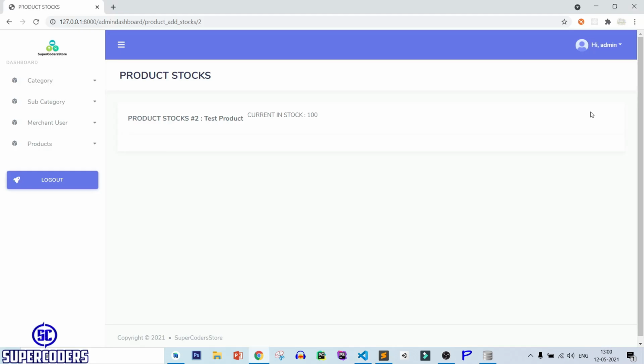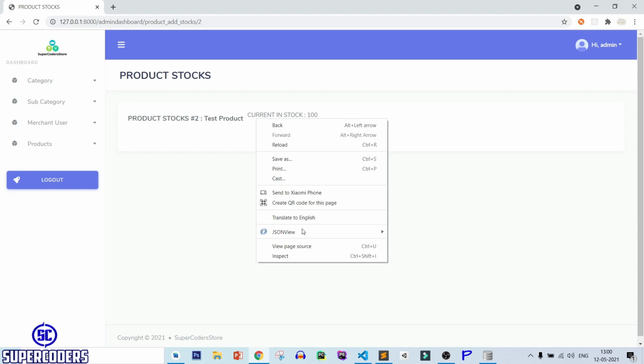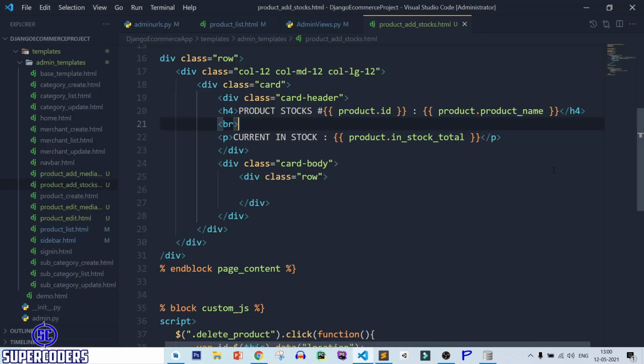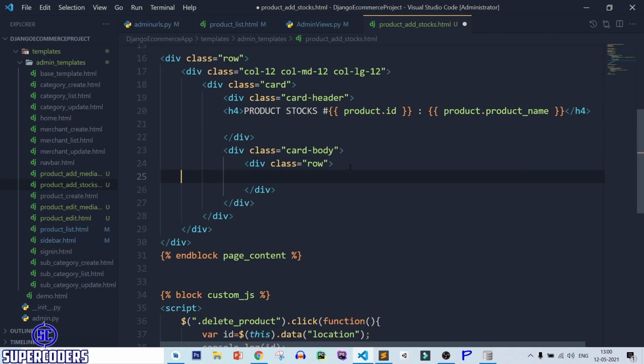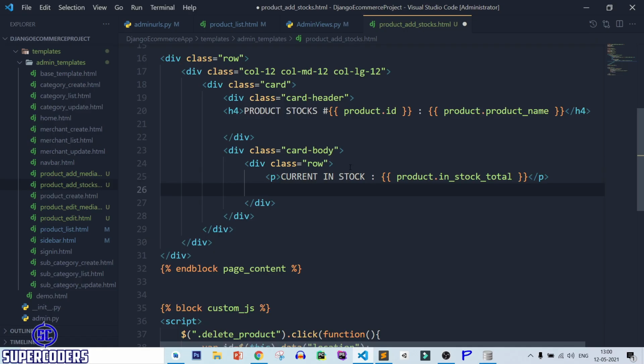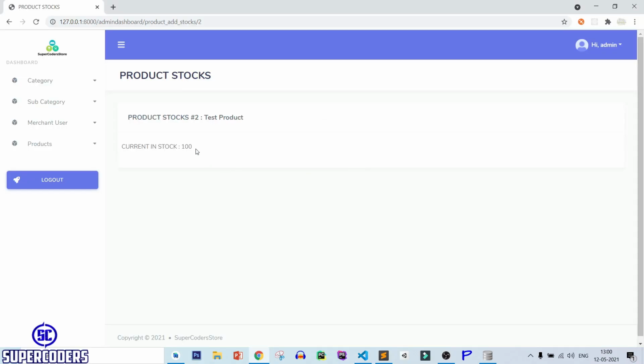Save this file, refresh. Let's see what is. I think the problem is. Let's see. Cut the code, paste it here, save it, refresh.